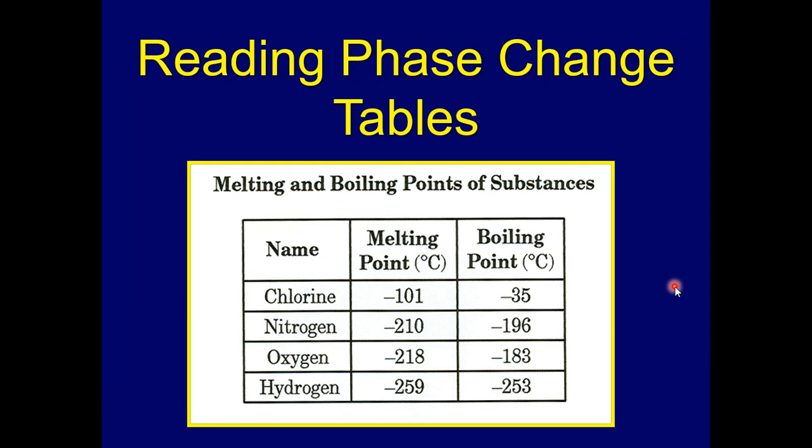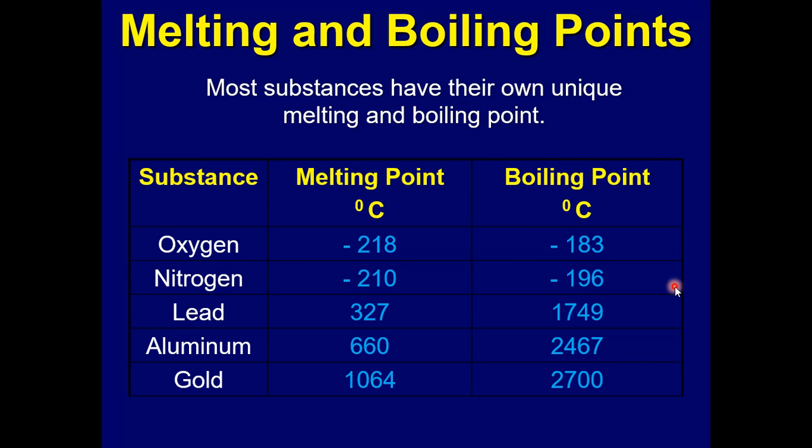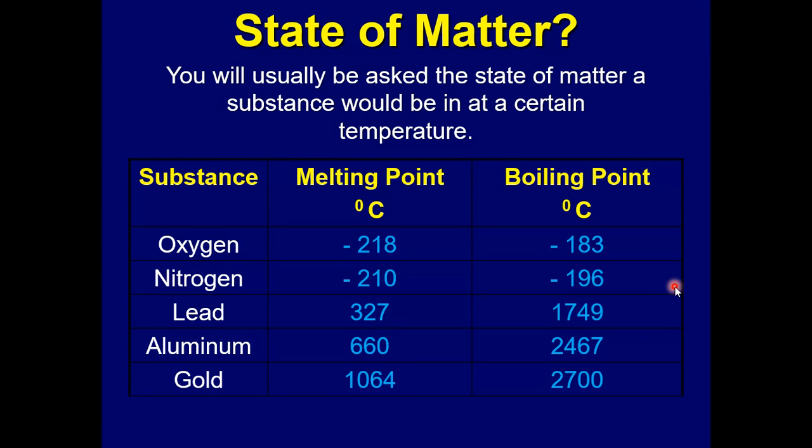Most substances have their own unique melting and boiling point, and they're often presented in a table. You can look at the back of any chemistry textbook, and it will list the melting and boiling points in a table for you. Often you'll be asked the state of matter a substance would be in at